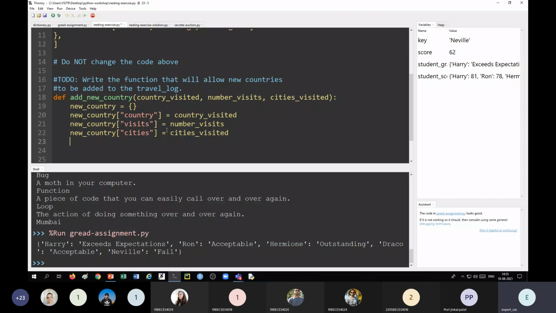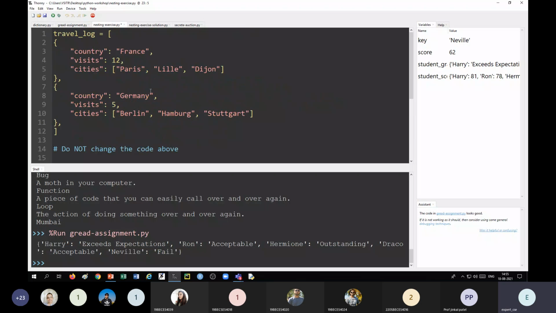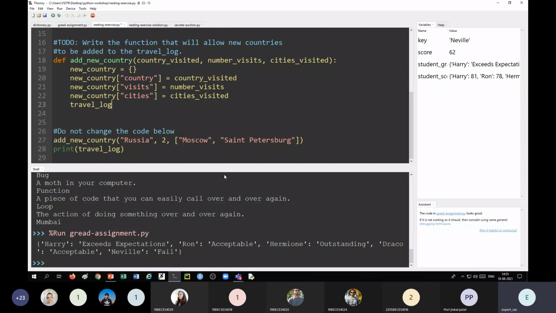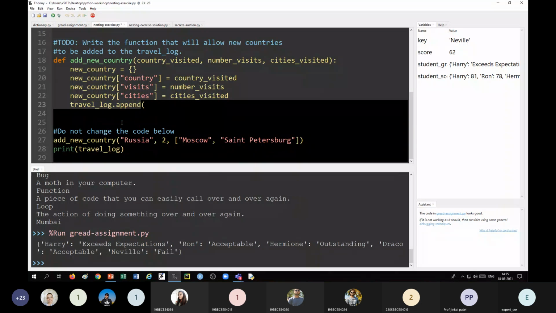Now we have to append this in the list. Name of the list is travel log. So Control C. Travel log dot append, in brackets, what are we going to append? New country.